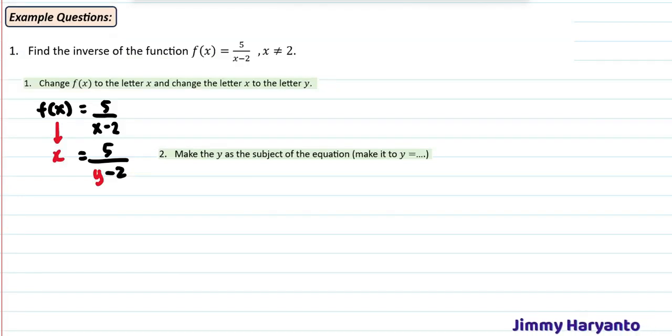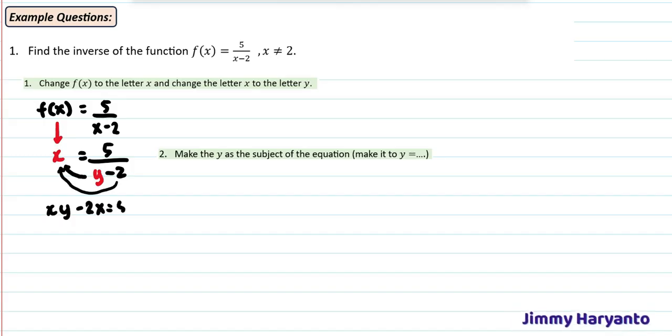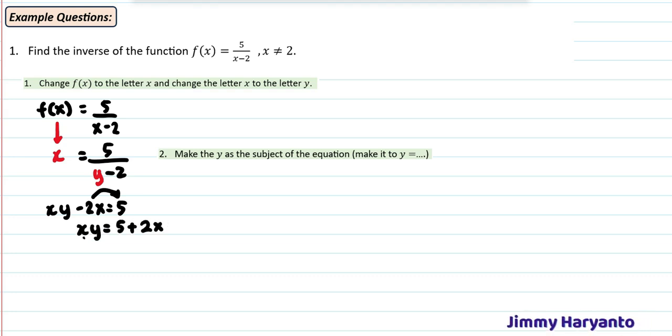That means you have to use algebra to make this one become y equals. The first algebra is cross multiplication, so you'll have x times y, which is xy, and then negative 2 times x, you'll have negative 2x equals to 5. Because we want to find y equals, you have to move the 2x, so we can isolate the y later. xy equals to 5 plus 2x, and then you can move this x to the right hand side, you'll have y equals to 5 plus 2x over x. There you go, we already have y equals.